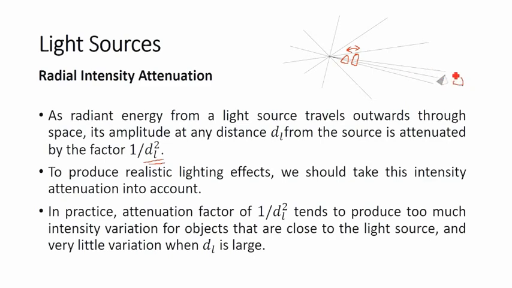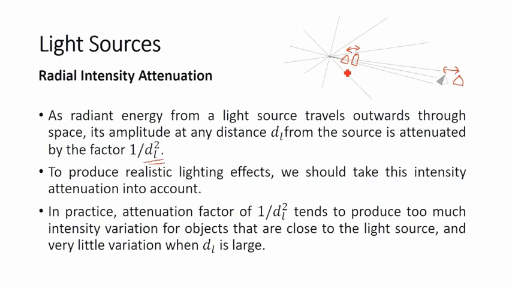The variation in the light that these two objects receive will be lesser comparatively to the variation these two objects receive. This will receive more intensity, this would receive less intensity. However, comparatively these two will receive somewhat similar intensity of light, right? So whenever dl is more, the effect of attenuation does not change much if we use 1 by dl square. However, if dl is smaller, the effect of attenuation will be drastic.